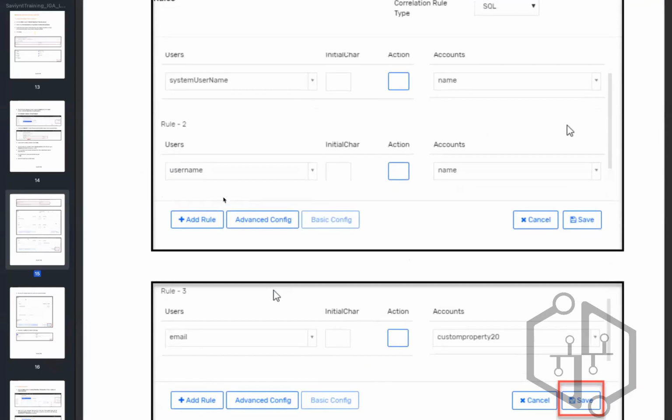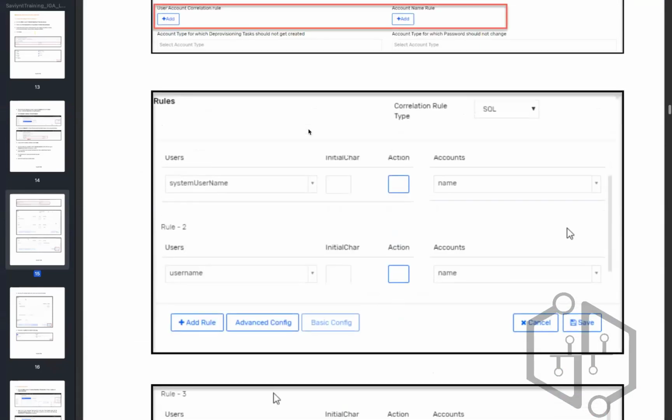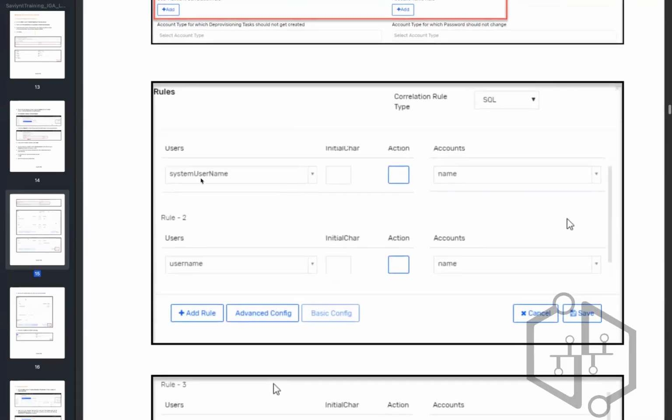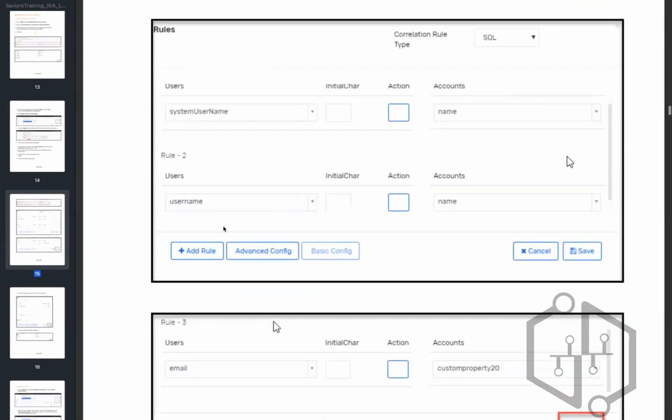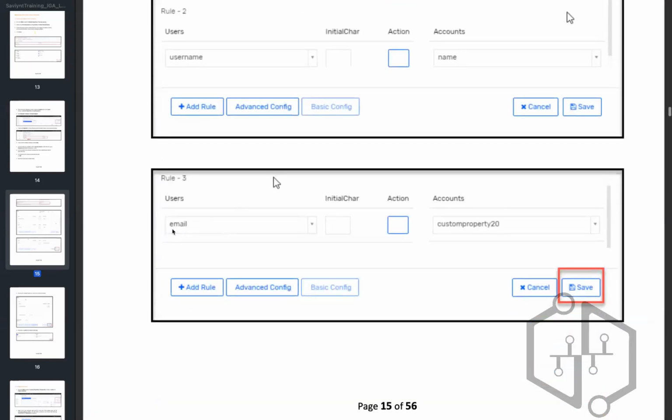So you can have any number of rules. It is not required that you have only one rule to correlate users with their accounts. You might have 5 or 10 rules as well. Right now we have only two. Rather, they have defined three actually, one, two, and they have also defined that if the user